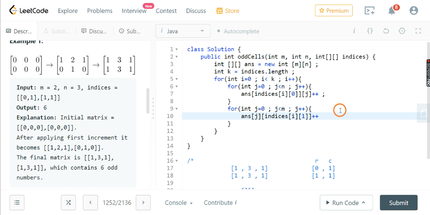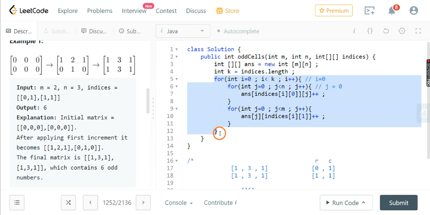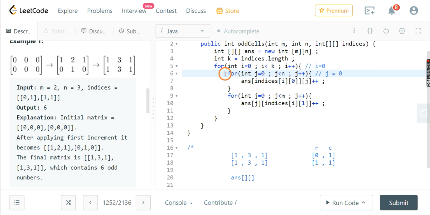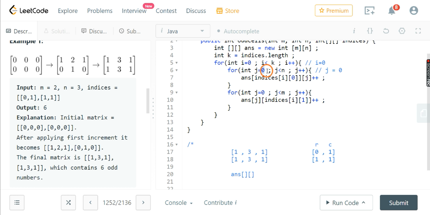Okay, so let's see now what is happening in this part. I is equal to 0 and j is equal to 0. So we entered this for loop. Our I is 0 initially and we entered this for loop now. Our j is 0.